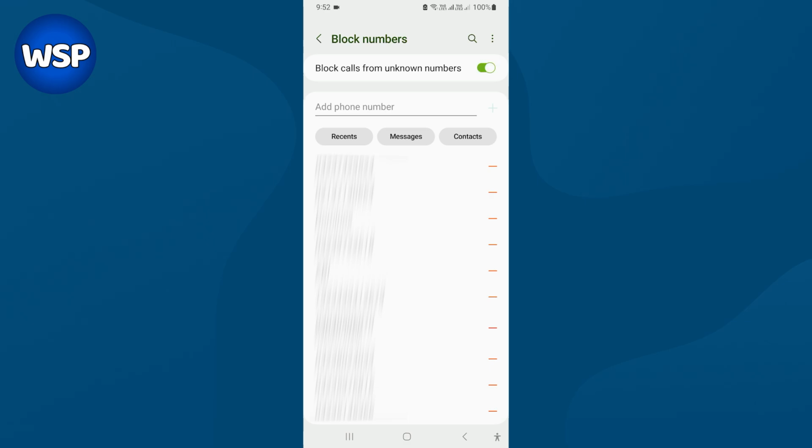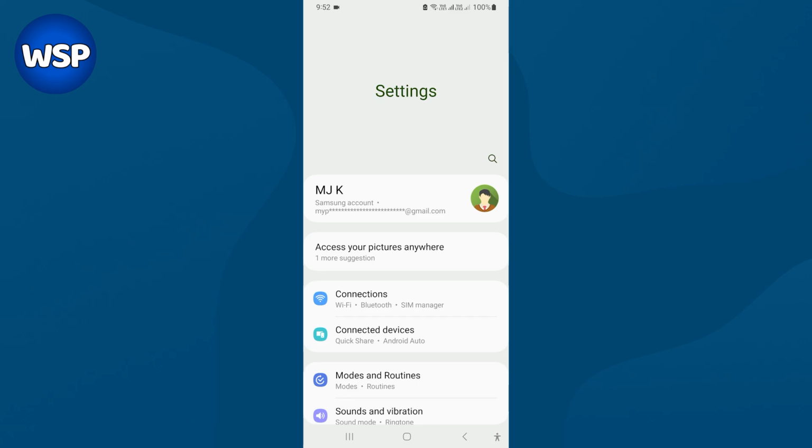On some Samsung models, unknown refers to private or whitelisted numbers. If this does not block all unsaved numbers for you, use the Do Not Disturb method, which is 100% effective for this specific goal. To do that, go to Settings, Notifications,